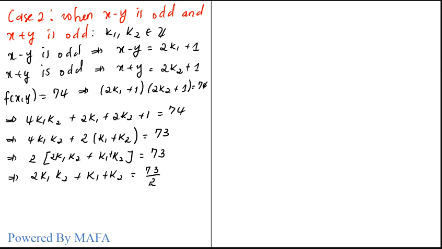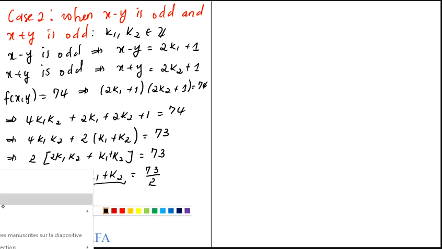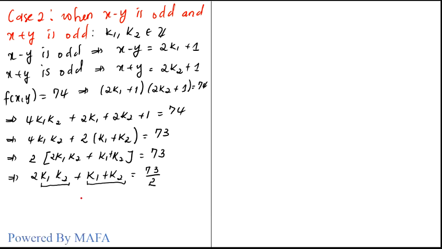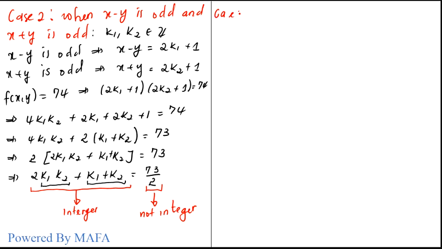Remember, k1 and k2 are integers. It means that k1 times k2 is an integer and k1 plus k2 is an integer. Therefore, the sum of two integers, all of this should give us an integer for sure. But this here is not an integer. So that's the second contradiction. So we are good. Now let's go to case 3. Case 3, when x minus y is even and x plus y